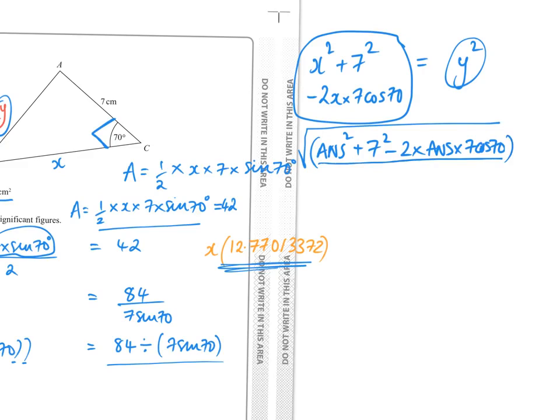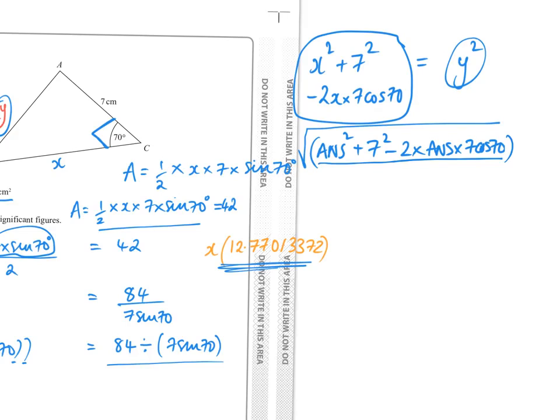So I'm going to do it all in one go. So I'm going to try this. So I've got square root bracket ans squared plus 7 squared minus 2 times ans times 7, and you can write a times again if you want, but I'm just going to put in cos 70. It opens that bracket, so I've got to close it and then press equals, and I get